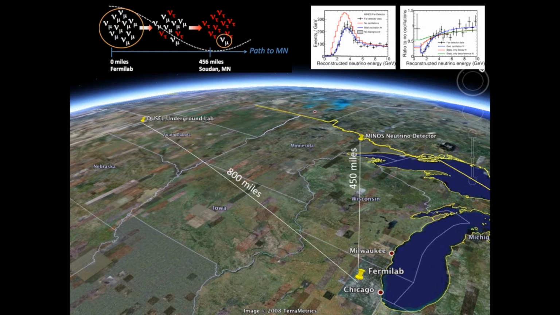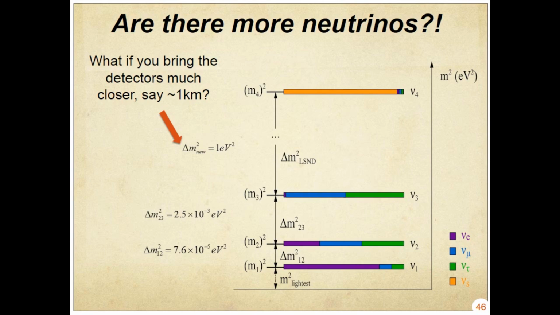You do that quickly in this little plot. This is what you would expect to see at the far detector if neutrinos don't disappear, if they don't oscillate. This is just muon neutrinos, by the way, so they're going into the other kinds, let's say. This is the data. This huge reduction in what was seen as a function of energy. This is the ratio. You see that characteristic sine function dip. And you observe this effect in the laboratory, where your laboratory crosses 3 states. All right, so I'm almost done.